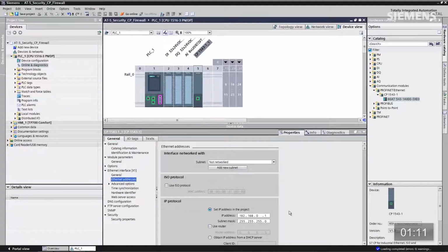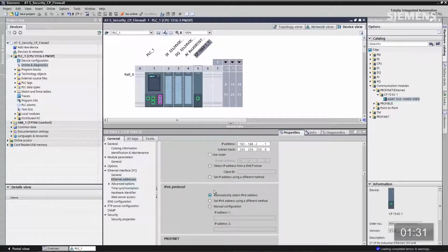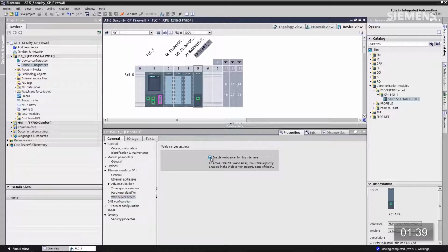I want to set his Ethernet address to a different subnet. I'm going to make it 192.168.2.1. I also want to use the interface network and add a new subnet. Just click on it, automatically populate it to the PNIE_2. Now I want to scroll down, and the IPv6 protocol, I want to set it to use a different method. Click on that. Now I want to activate his web server, and at this point give focus to the main